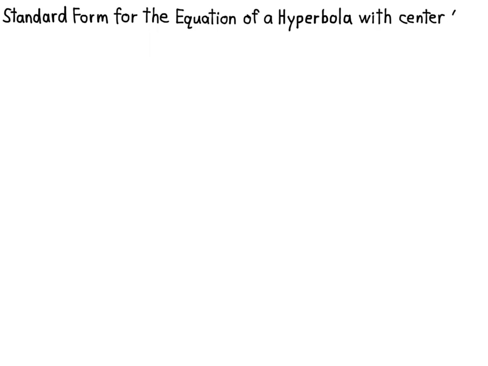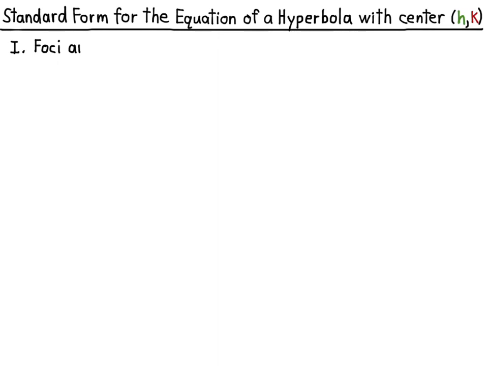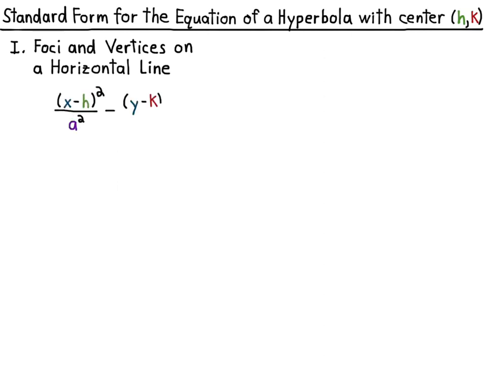So in this video, we want to talk about the standard form for the equation of a hyperbola with center h, k. There are two different types. For the first one, the foci and the vertices are on a horizontal line. That will look like this: (x minus h) squared over a squared, minus, notice the minus, the ellipse has a plus there, here we have a minus, (y minus k) squared over b squared equals